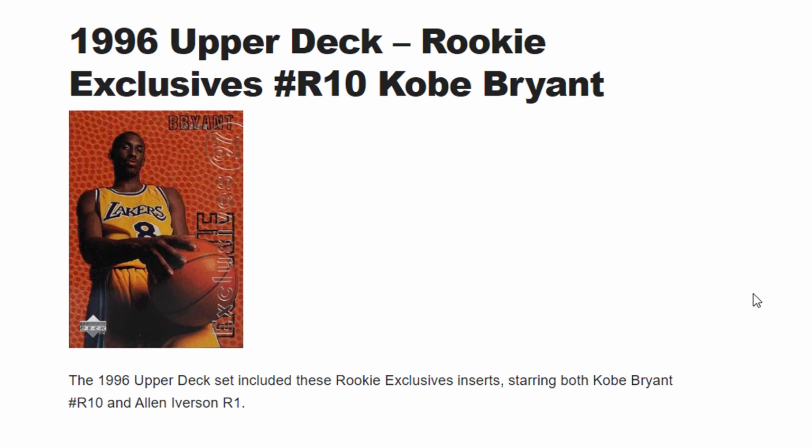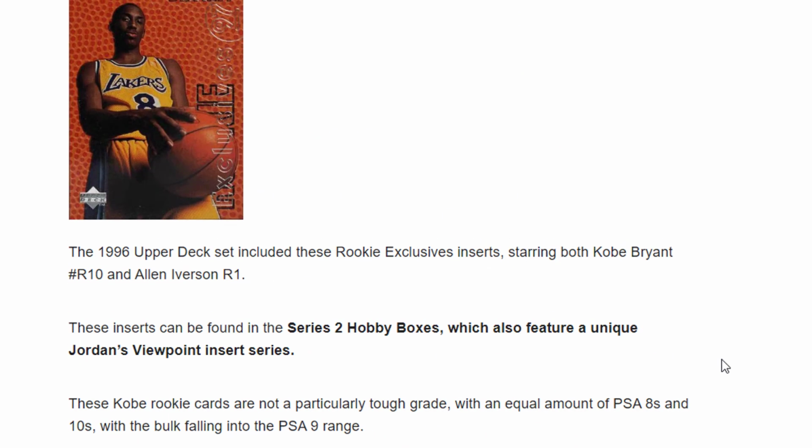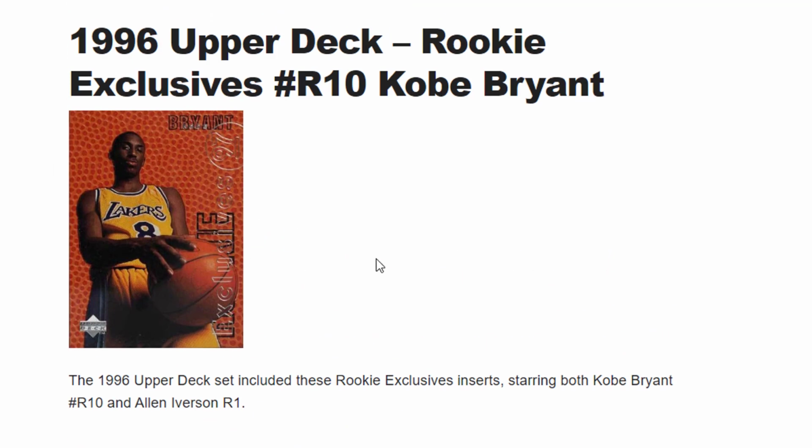Next up, Upper Deck rookie exclusives. This is a rookie insert as a part of an Upper Deck set that year. Also, another notable rookie of this year is Allen Iverson as well. So they came in the Series 2 hobby boxes for Upper Deck, I believe. So yeah, pretty cool rookie card. Kind of has that basketball texture pattern in the background and says exclusives on the side. And it looks like the gem rate is probably around 15 to 20%, same as the 8s, and then a lot of them falling into the PSA 9 range, so not a particularly tough card to grade, but pretty